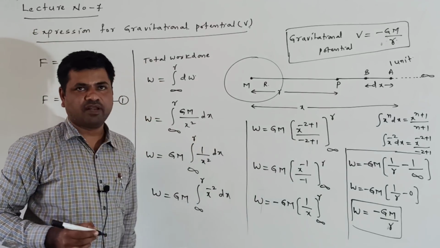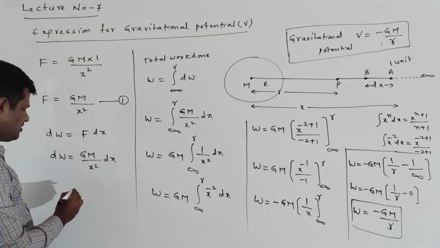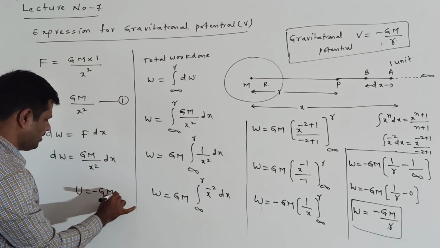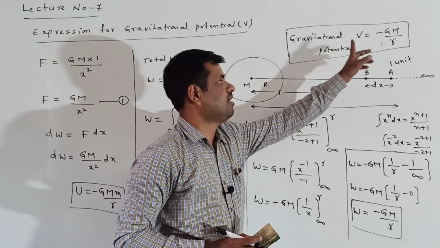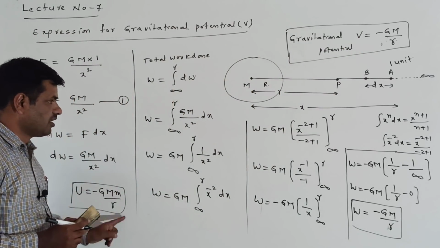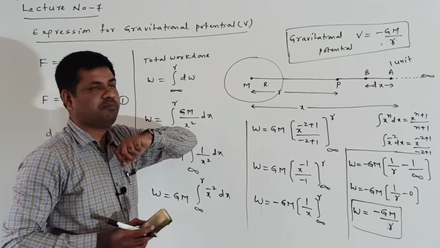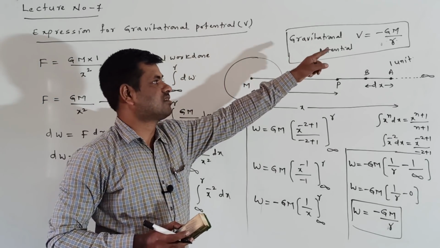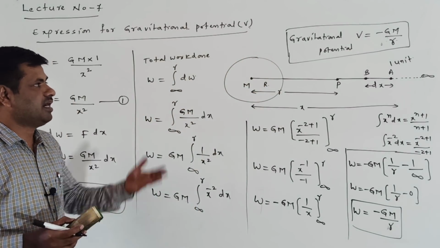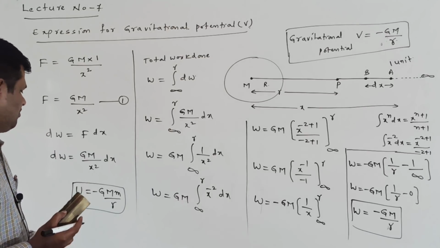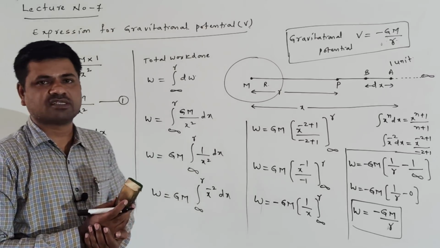Okay, right, this is the formula for gravitational potential. What is the formula for gravitational potential energy? We discussed it in the last class. U equal to minus G into capital M into small m by r. But what is the formula for gravitational potential? Minus GM by r here. It does not depend on the mass of the body because we consider the unit mass. That's the reason it does not depend upon the mass of the body. It depends upon the mass of the earth, since one body I have taken, the earth, here. Right, that is the expression for gravitational potential. This is the expression for gravitational potential energy. Okay, thank you. Remaining we will discuss in the next class.